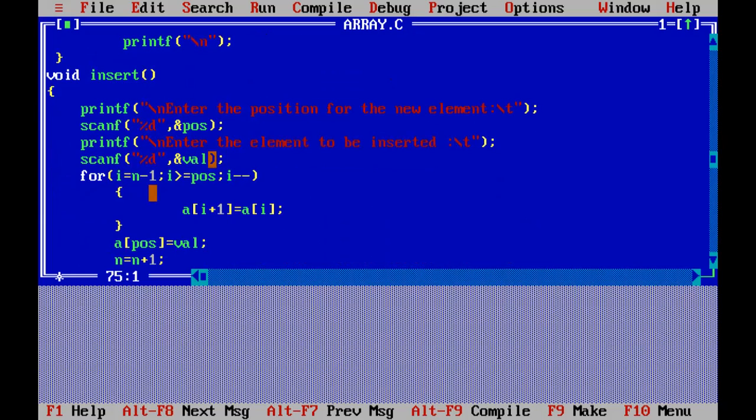Then this is the for loop which is used to shift the elements. When you want to insert an element at a particular position, we have to create space for the new element at that position. So if there are 5 elements already and we have to insert the element at the second position, we have to create the space. So we have to shift elements 3, 4, 5 to the 4, 5, 6 positions, and then only the space for the new element is free at position 2, and at that time we have to insert